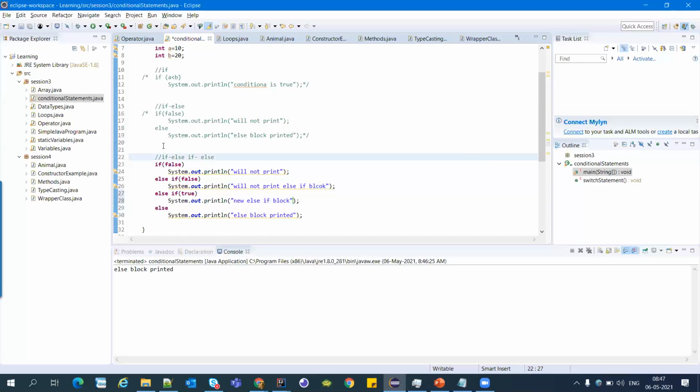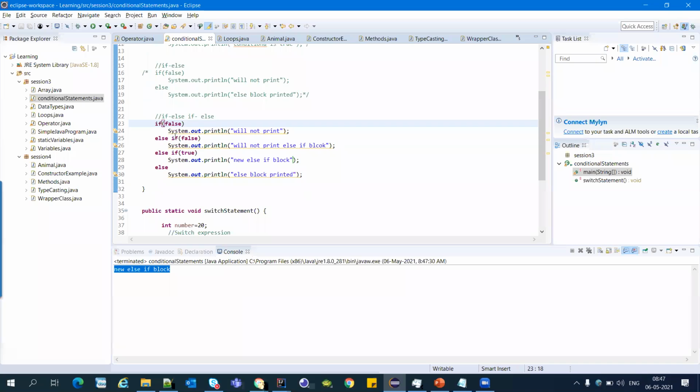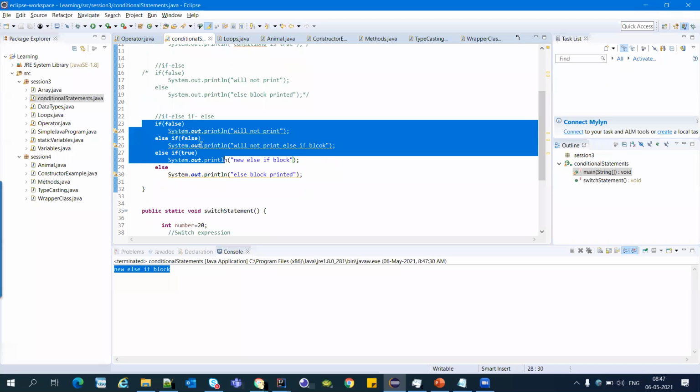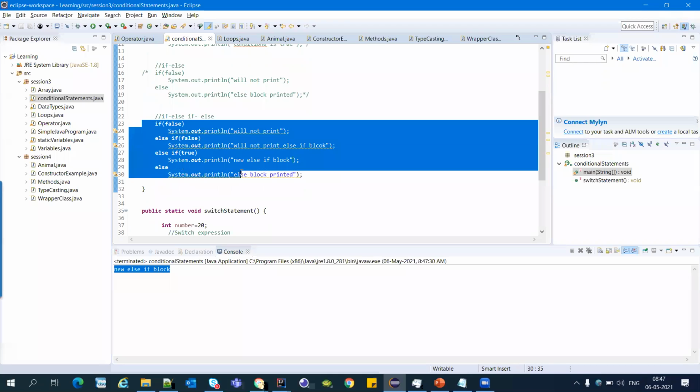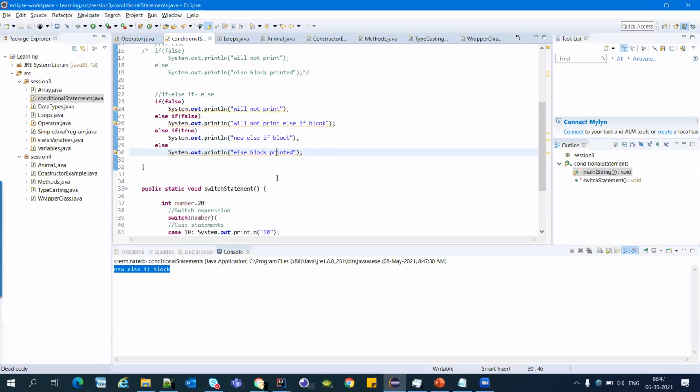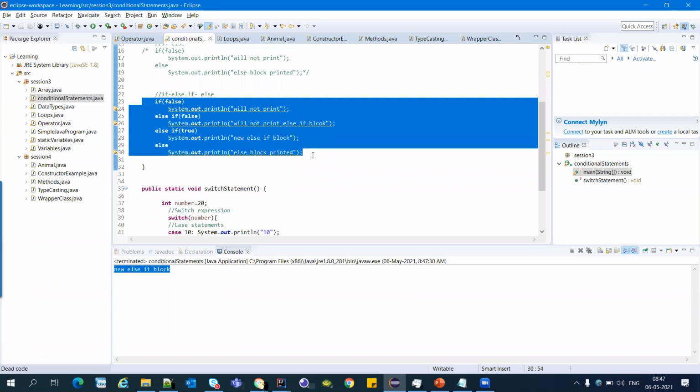Likewise, we can expand this. If you have a different condition for each if else, then we have to use this. But if you are having one condition on one number or anything, we can replace this if else block with a switch statement.